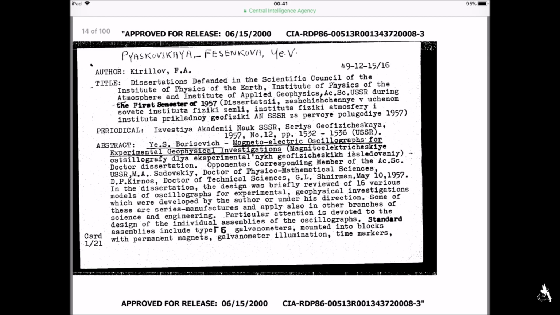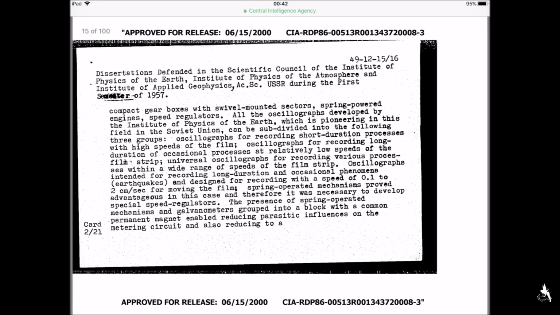Standard assemblies include type something galvanometers mounted into blocks with permanent magnets, galvanometer illumination, time markers, compact gearboxes with swivel-mounted sectors, spring-powered engines, speed regulators. All the oscillographs developed by the Institute of Physics of the Earth, which is pioneering in this field in the Soviet Union, can be subdivided into the following three groups: oscillographs for recording short-duration processes with high speeds of the film, oscillographs for recording long duration of occasional processes at relatively low speeds of the film strip, universal oscillographs for recording various processes within a wide range of speeds of the film strip,